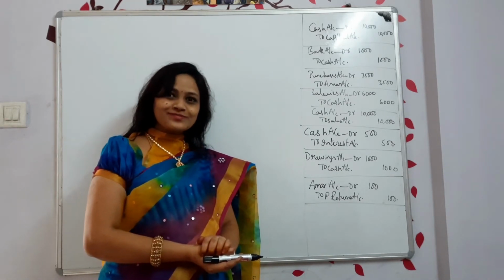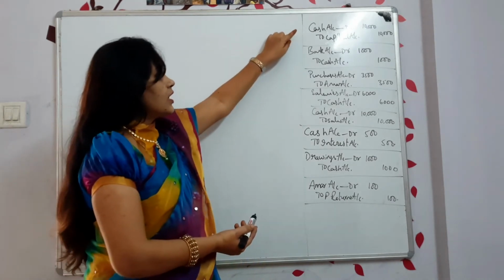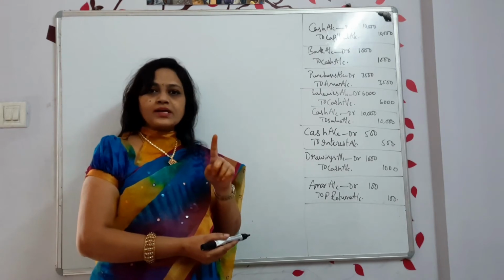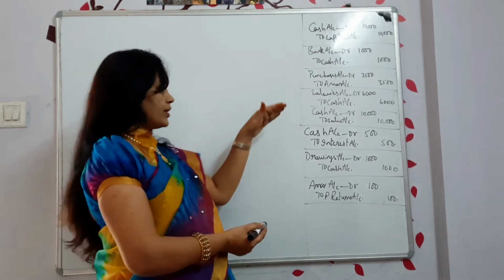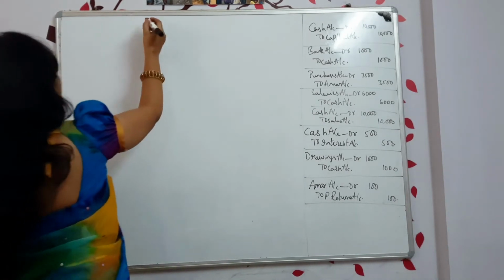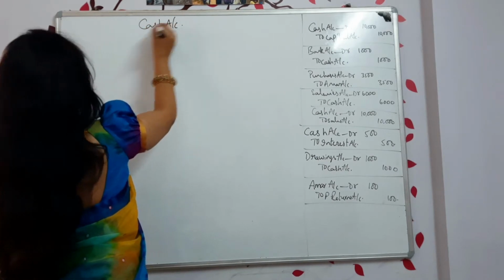No one got the doubt? No, you won't get it, I'm sure, because you don't think anything, no? So here, how many cash accounts are there? No need to prepare that many cash accounts. In one cash account only, you are going to show everything. Got it? So now, how to do that, we will do. First, let me start with the cash account. That is the first one I could see here. Cash account I am preparing.